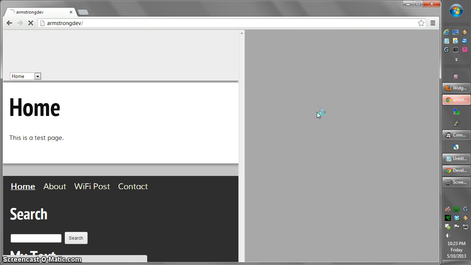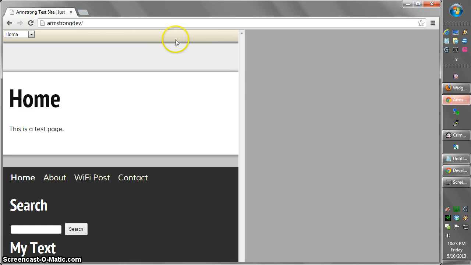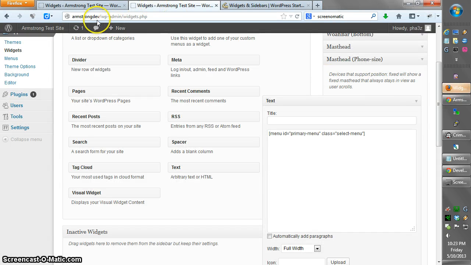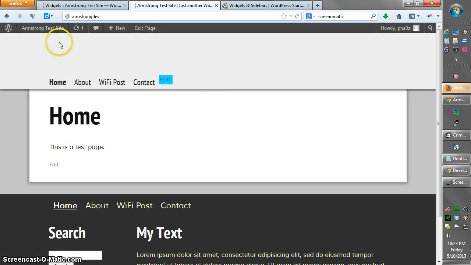I go back to Chrome and hit F5. And you see a masthead appears, and the box is right here jammed up in the left corner because it doesn't have any styling. You can style this, of course, in the style sheet, or you can style it with inline styles. And just to show you proof, if we go back to Firefox and look at it like we're on a regular desktop, you don't see the masthead. So